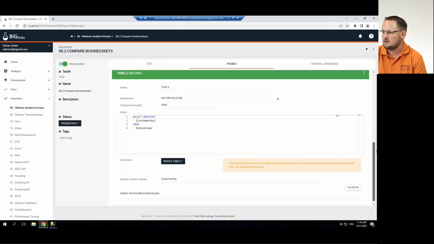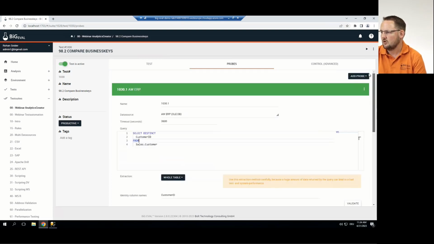And we have a second probe here out of the data warehouse. We select the customer keys. And now that's all I need to do. Now I can push the play button here to manually run the test case, but I could also add these